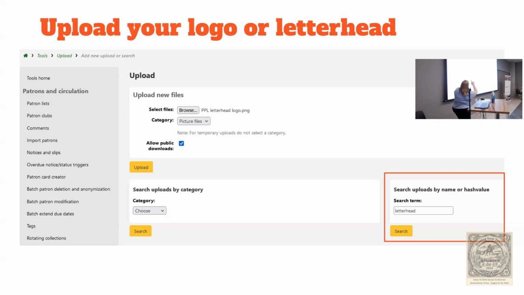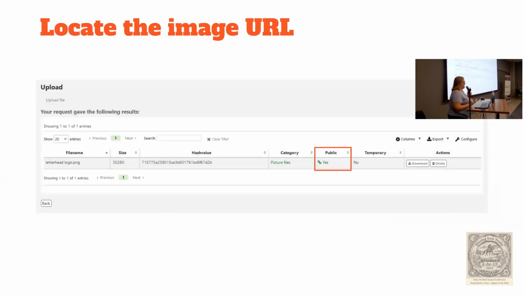In browse, you just browse for your thing like normal, minus PPL letterhead logo, call it a picture file, and allow public downloads. If you don't hit allow public downloads, you don't get a link. And then once you hit upload, you go back to this page and you use the search uploads by name or hash value and use some keyword that hopefully you put into your incredibly useful file name. And then you locate the image